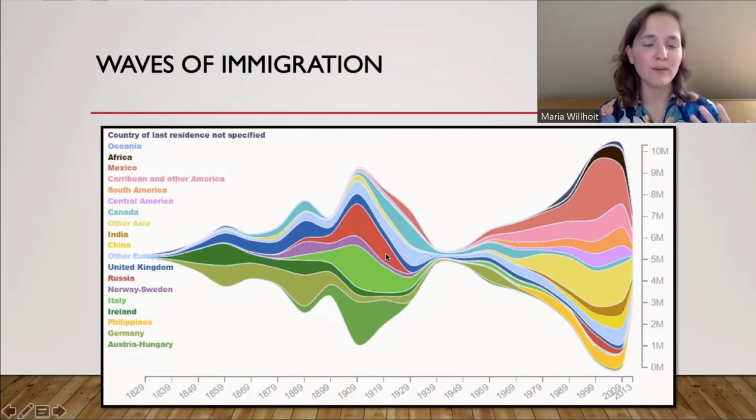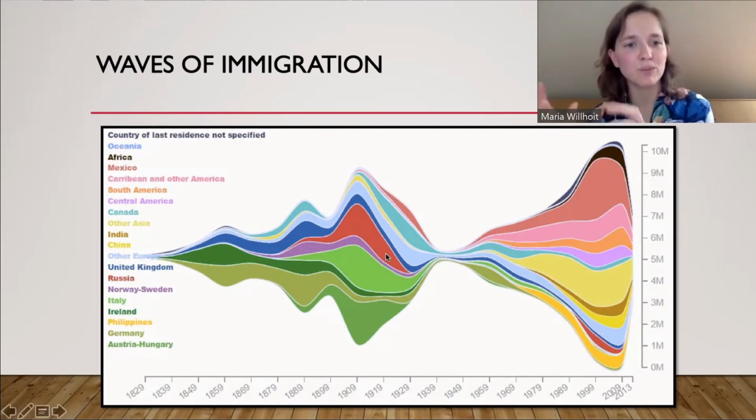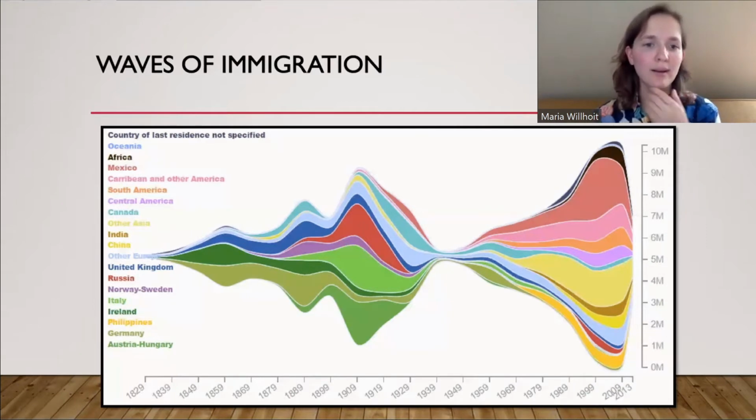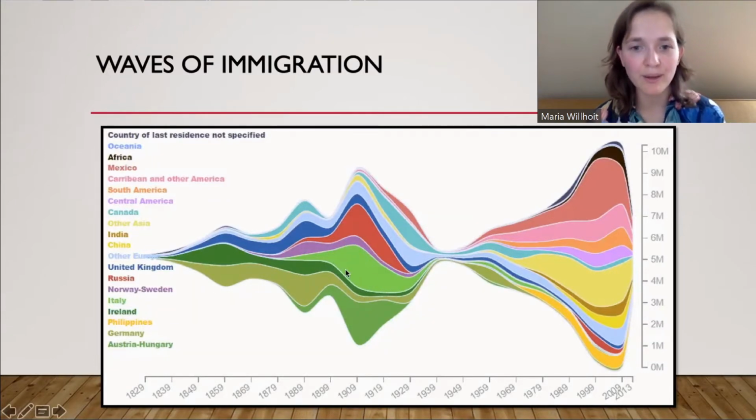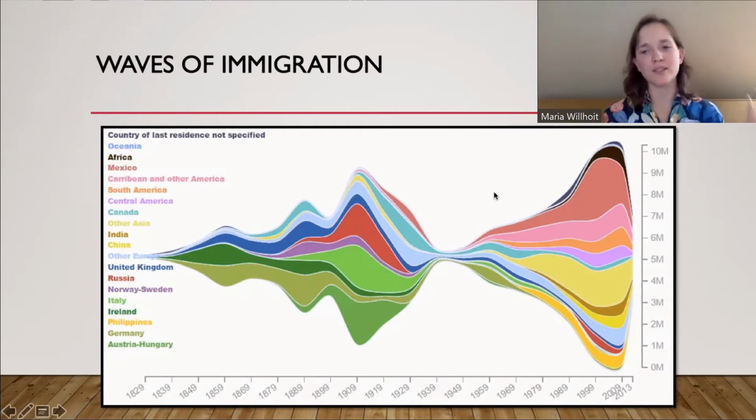This is when many Central Europeans and Eastern Europeans came to America, the largest group being Jews, Russian Jews. So this is where a lot of Russians come in the early 1900s. And Italy is also a very big country, and this is when they come. This is a big period. So this is a nice graph. You can just see how we have waves of immigration, literally.